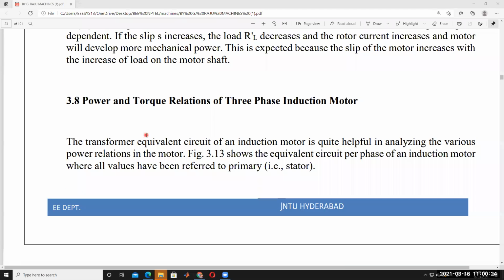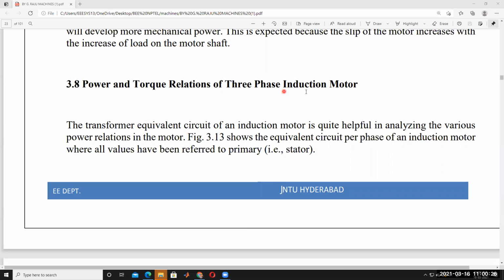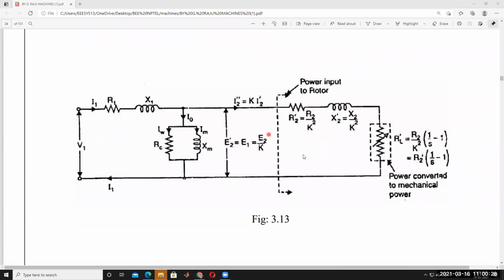And then power equations, power and torque relations in three-phase induction motor. The power and torque relations in three-phase induction motor. This is called stator. This is called input power supply. Okay, input power. We are giving the power supply to the stator winding of the three-phase induction motor. This is called a stator. This is called rotor. In between the stator and rotor, one air gap is there, you know well. So the rotor is rotating.